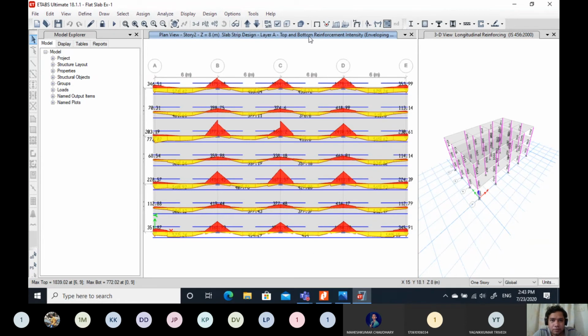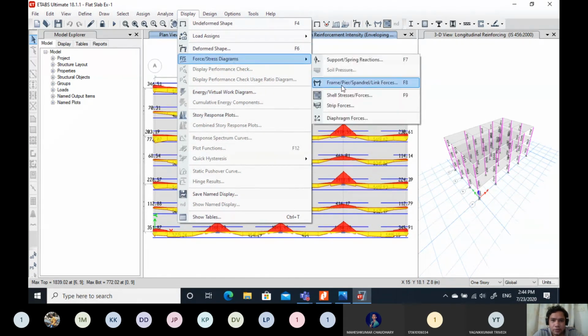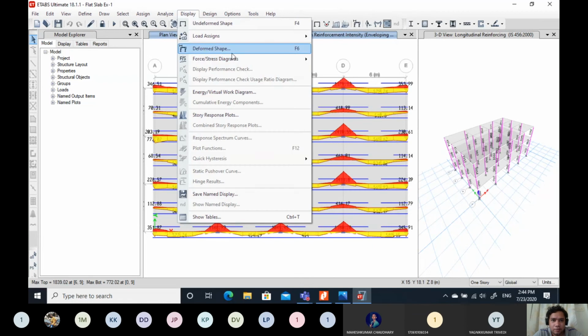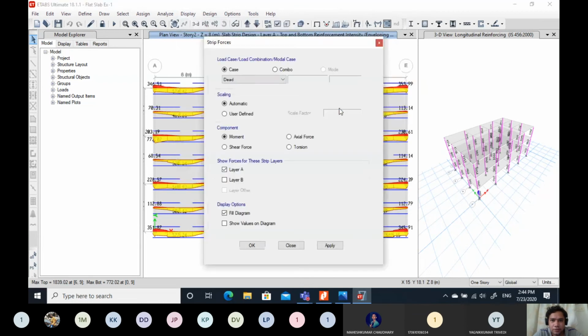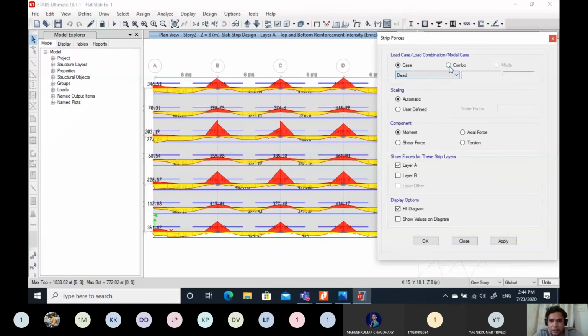Let us change this strip display forces. Display forces, strip forces, and now you can select the case. Let us select the combination 1.5 dead load plus live load, and you want to check the moments, so select bending moment.